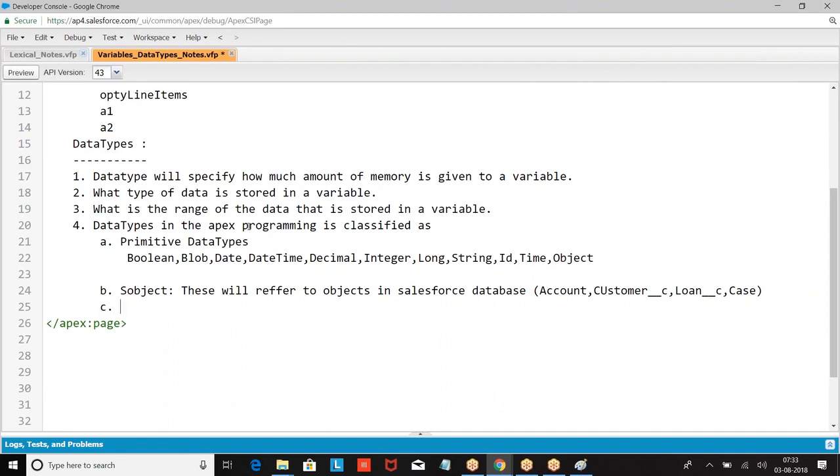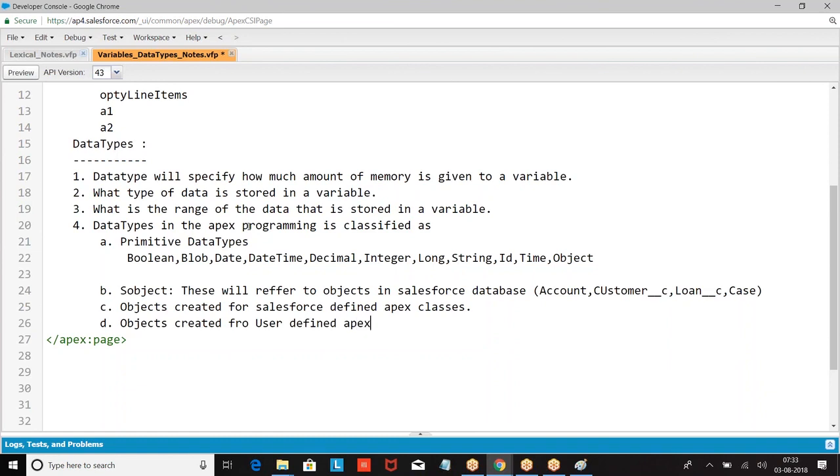Then objects created for Salesforce defined Apex classes. Objects created for user defined Apex classes. Then we have collections.